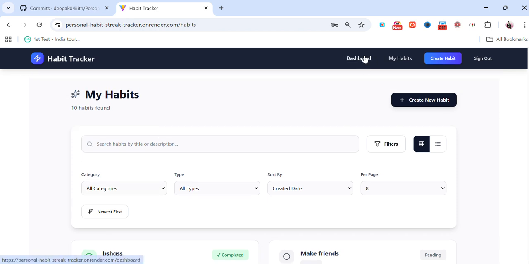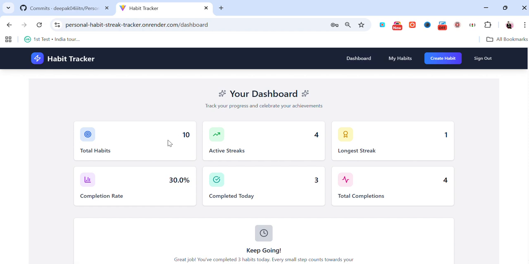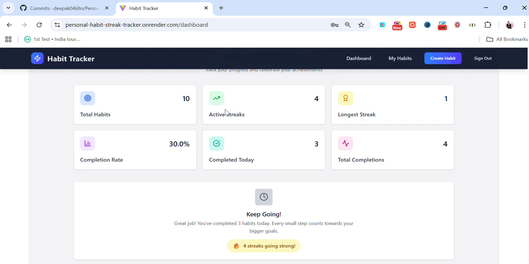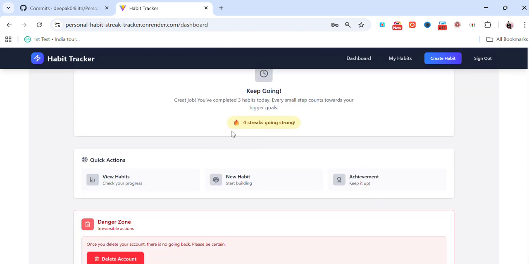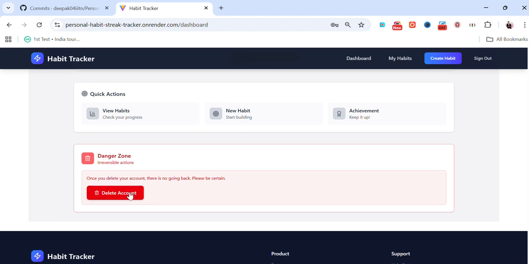And let's visit the dashboard page. So basically, here we can see the complete statistics. For example, total habits, active streaks, longest streak, total completions, completed today, completion rate, and how many streaks are going. And also from here we can